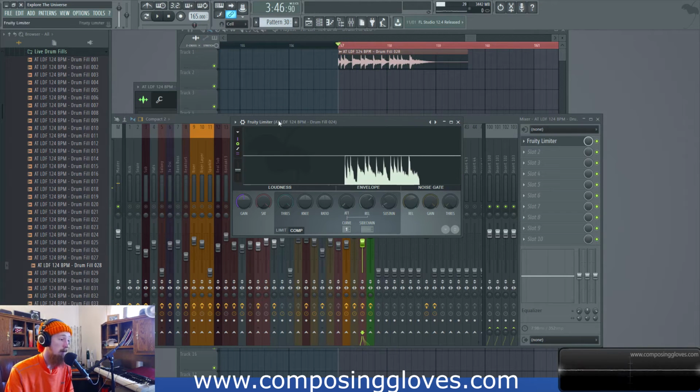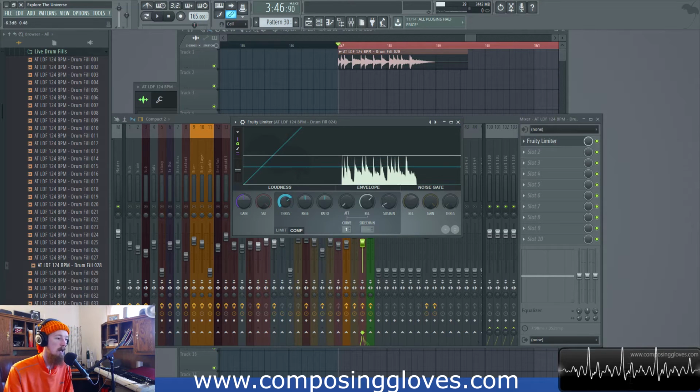That's really cool. And I picked to use the fruity limiter and I put it on the compressor setting. We actually talk about everything that this does in the FL12 effects series. Now what we're going to do is we're just going to do some general compression. And these are the controls we're given. As you saw earlier, we're given different controls for different compressors, but they stay very consistent across the board most of the time. So what we're going to do is we're going to bring down the threshold so that our